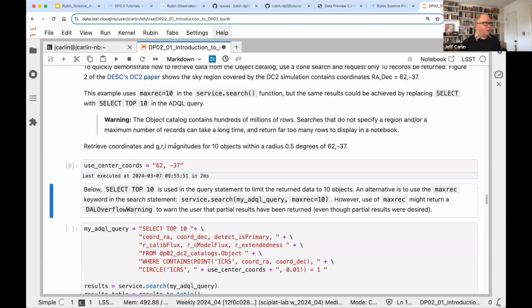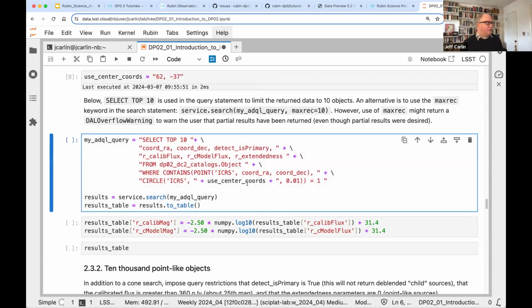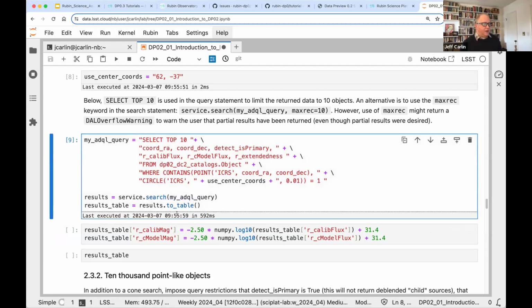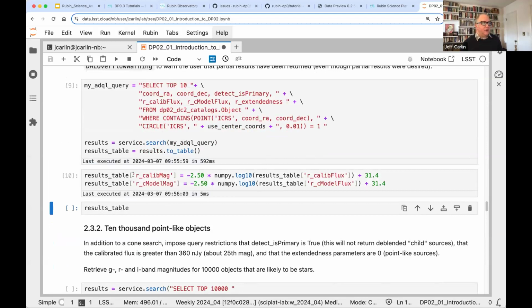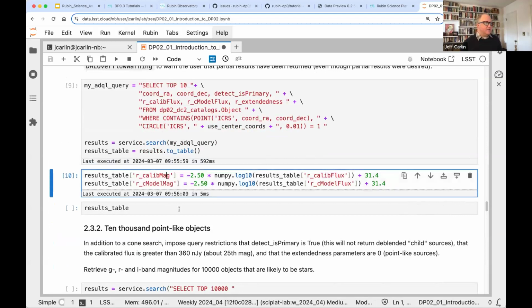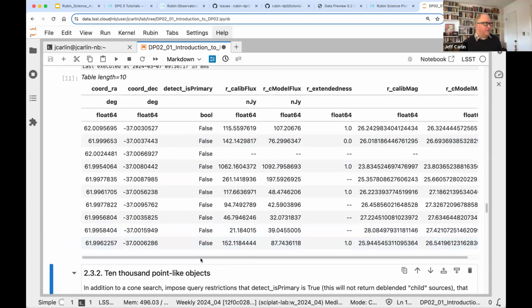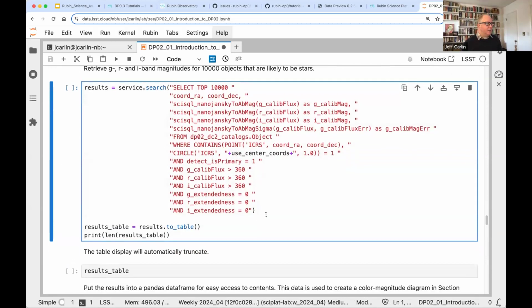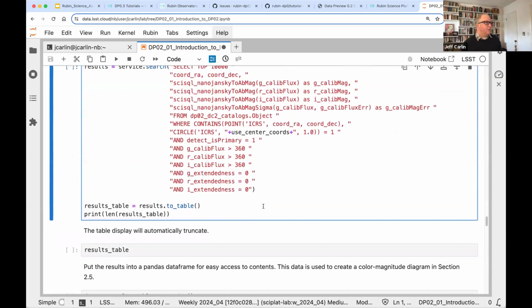And again, we'll pick some coordinates, and then here you see that ADQL query that you'll use to actually get data. So I just executed, I said, here's the query I want, and now service.search, execute that query and return a table. And I can add some, this is just converting the fluxes to magnitudes. And then you can see here's my table of data that I retrieved. And you can do that again for, in this case, select the top 10,000. But, oh yeah, we probably need more objects. I'll do the 10,000.